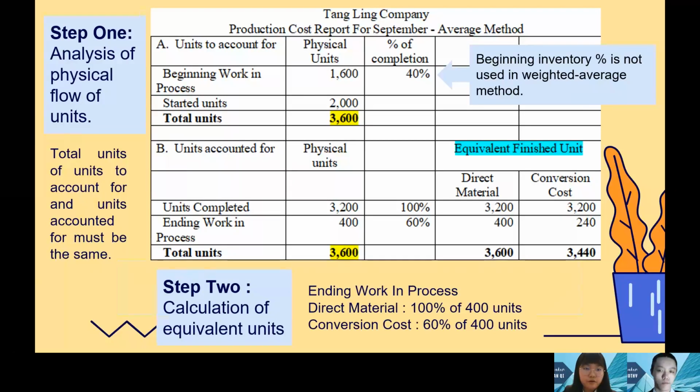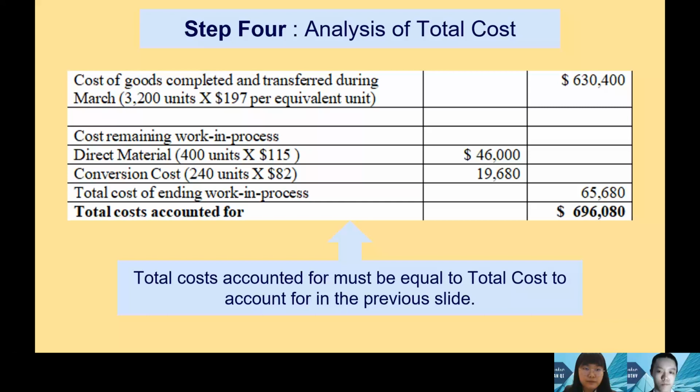Therefore, we will multiply them and get 30,400. And for the cost of remaining work in process, for direct material 400 units times 115, conversion cost 240 units times 82, we will get a total of 65,680. Total them up, we will get